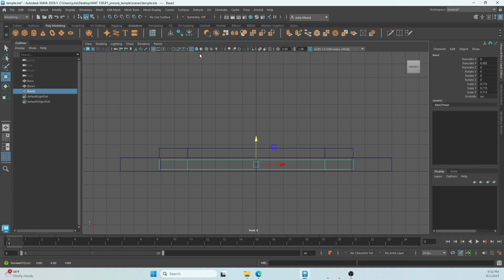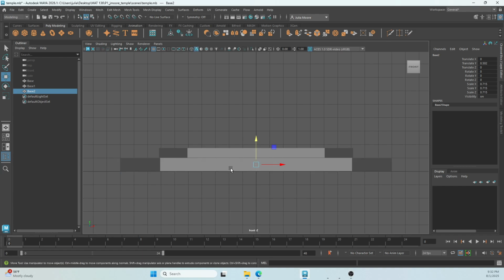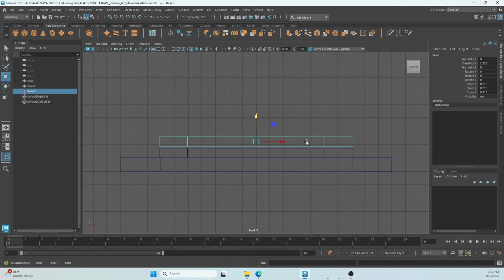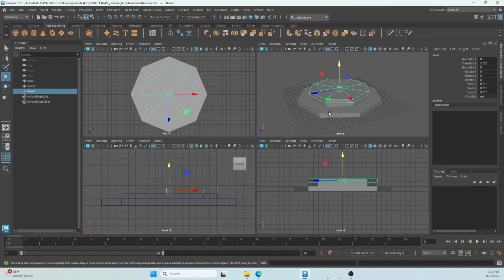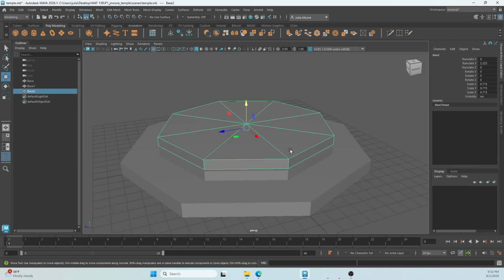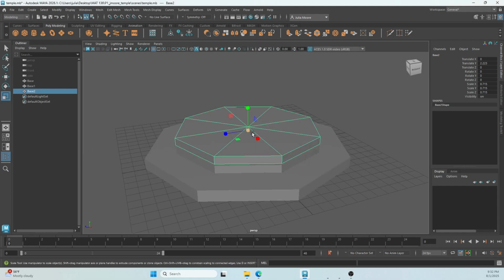It's really helpful with the wireframe, because if I turned off the wireframe, you wouldn't be able to see that. It would just disappear completely. But with the wireframe, we can see the outline of that polygon. So that's really useful. I'm going to pull this out. Let's hit spacebar to get out of front view, spacebar over perspective to get into perspective view, and let's scale this down. R on your keyboard. So I'm going to scale this down